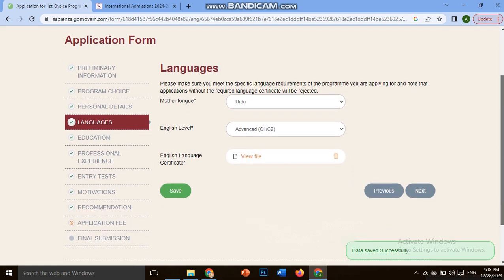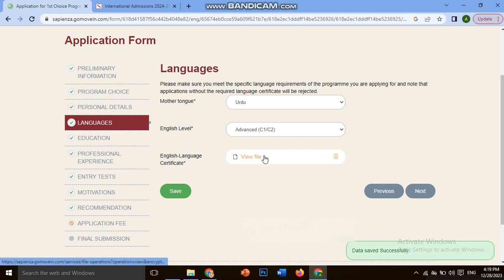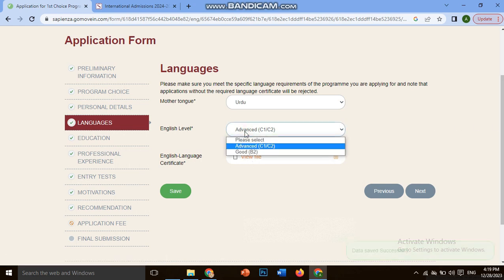Okay, for languages, for bachelor's, the requirement is that you should have IELTS with you before applying to any course, and for masters it's not necessarily important, so you can upload your IELTS PDF over here, and you can select your English level, and also you can select your mother tongue. And